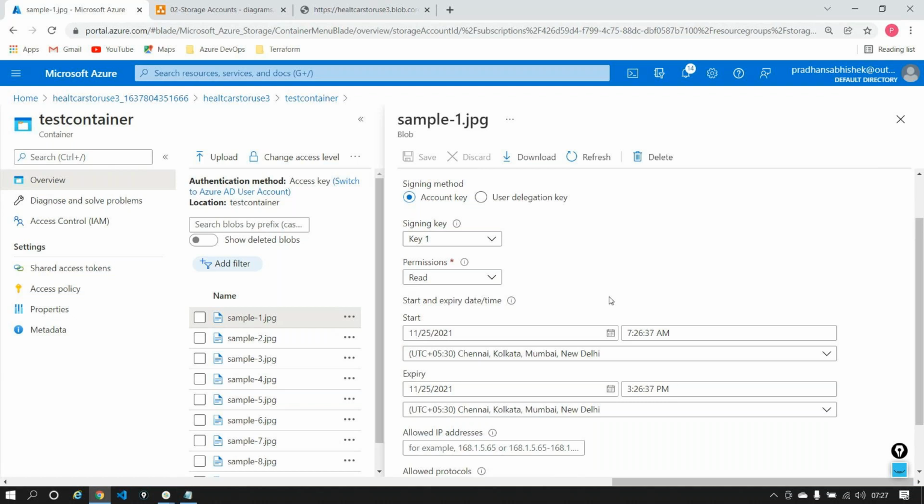This is also called encryption at rest. So when your data is at rest, meaning sitting idle, Microsoft Azure locks all your data so that no one can access it just like that. In order to unlock it, you need a key, right? That's what you are generating here inside the shared access signature.